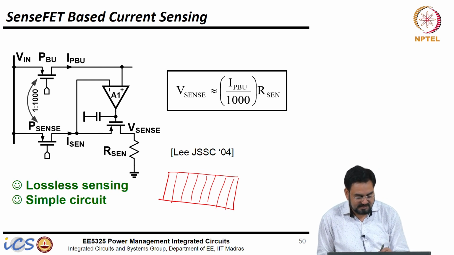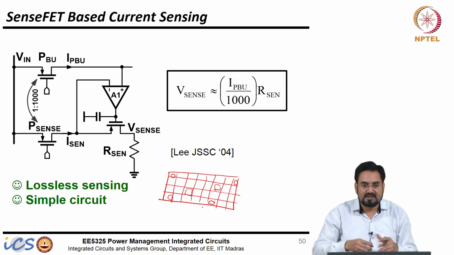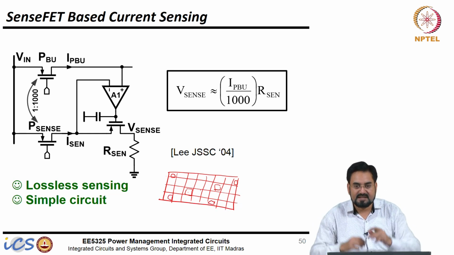And then my sense FET is very small. Let us say I have a single unit which is lying here. It is very hard to match the condition at this corner to here. So what we do, if you are using multiple FETs, we can spread them out all over the place, and we sense through all the FETs and take the average.